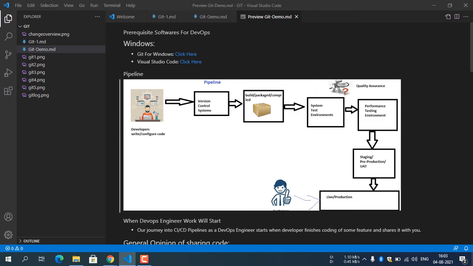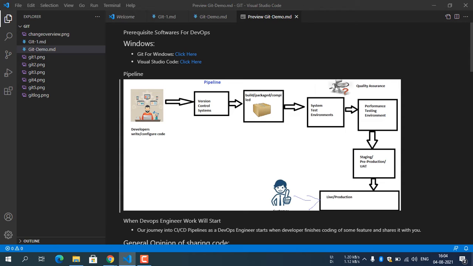Yeah, and before that we need to discuss the pipeline. So pipeline is nothing but, whenever a developer commits the code to the source code repository, the source code repository is nothing but Git, and you will get to know in the upcoming sessions what Git is and what the use of Git is. So developers commit their code to the source code repository, storing the code at a specific location. That location is nothing but Git.